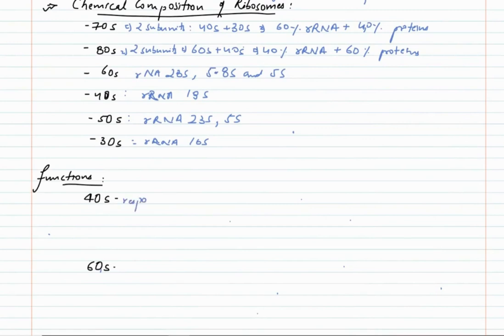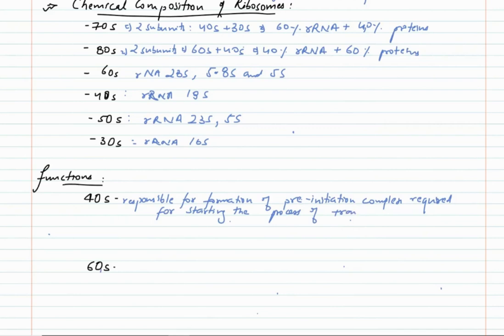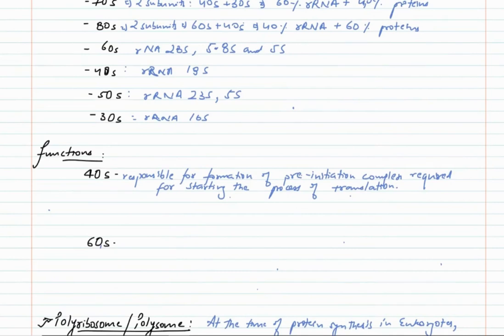Now talking about the functions of the subunits, the 40S subunit is responsible for formation of pre-initiation complex, which is required for starting the process of translation. So for the process of protein synthesis to begin, a pre-initiation complex is required, which is formed by the 40S